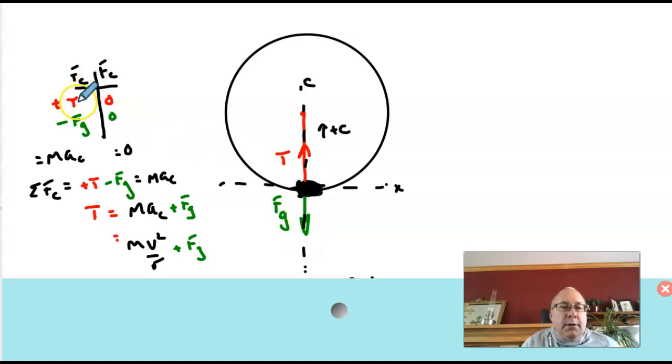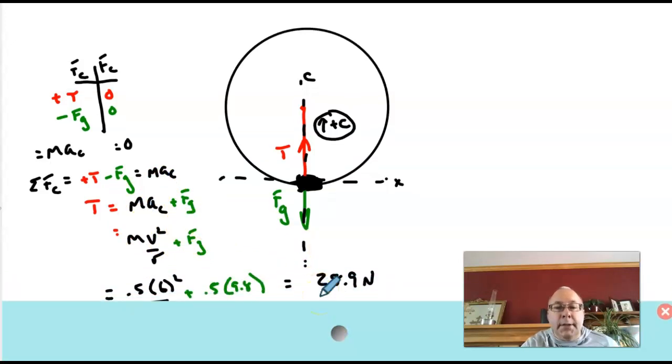So in your T-chart, the tension's positive, but in this case gravity's negative because it's outward, away from the center of the circle. The positive direction is inward towards the center. So anything outward, like gravity in this case, would be in the negative centripetal direction. Now the only thing that changes about our equation is we have T minus F_g equals m a_c. And we do the problem in exactly the same way as we did above,